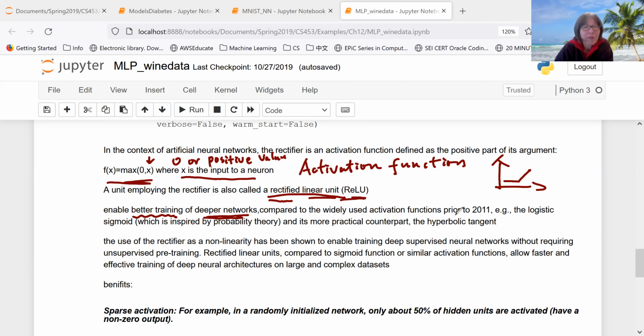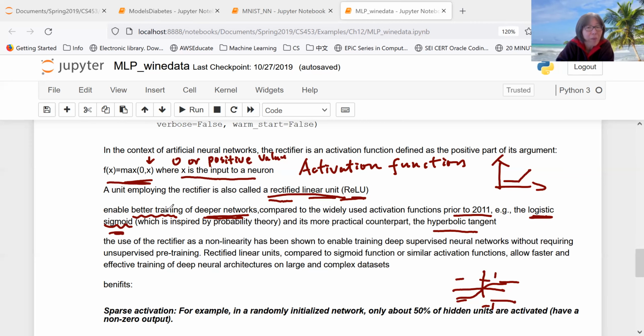So it says before 2011, we used logistic sigmoid quite often. Sigmoid, or the hyperbolic tangent. Sigmoid, if you remember, looks something like this, is it? So 1 and -1, so squashed. So that's prior to 2011, that we used sigmoid quite often for the activation function. But